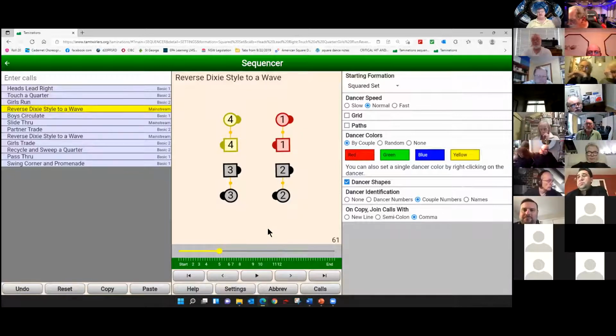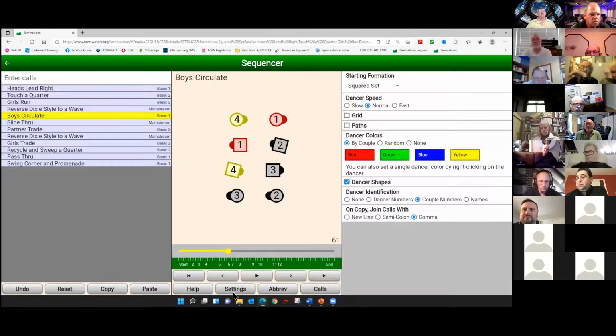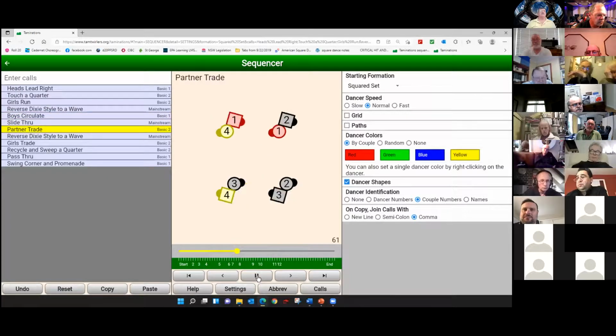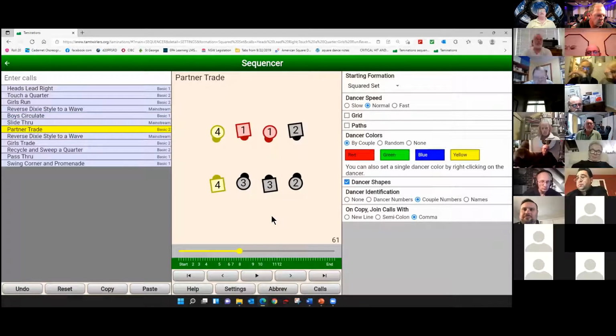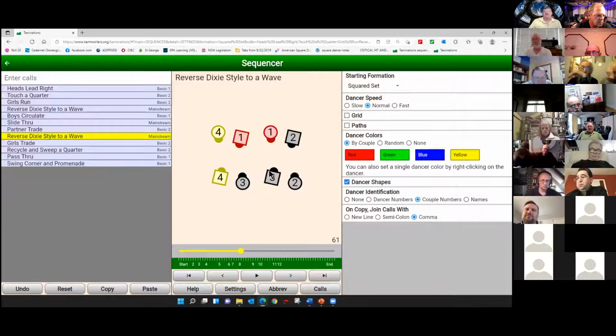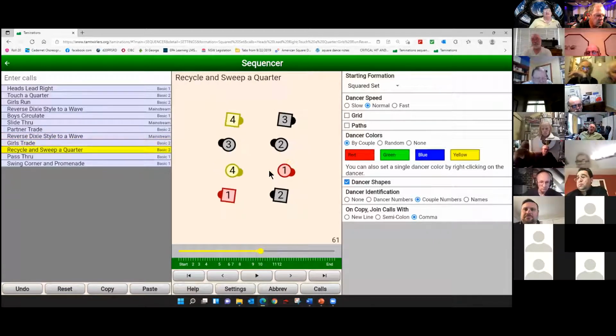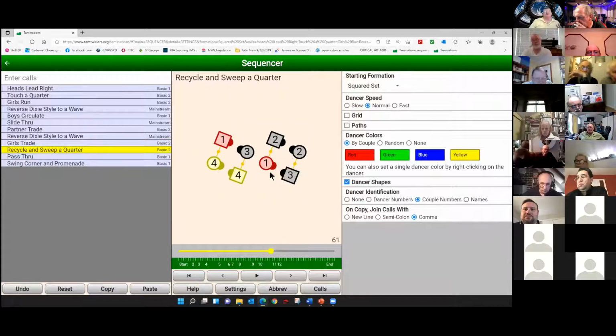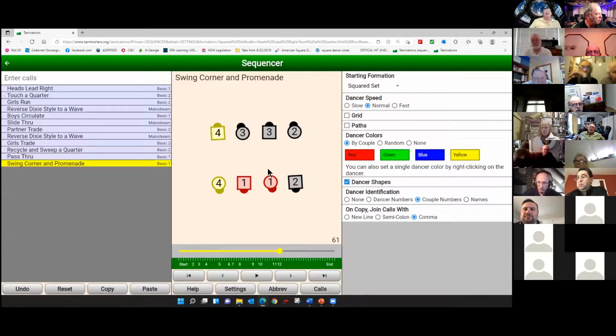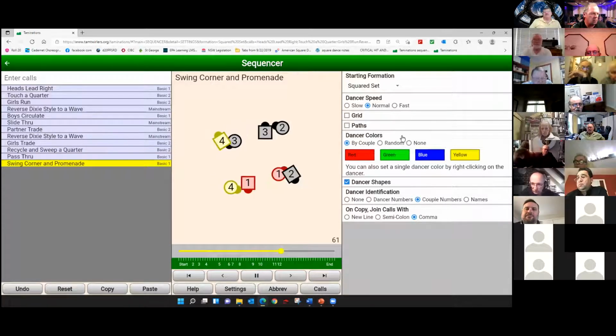And in this case, I did a centers action. It's not a centers trading action. It's a forward action, boys circulate. Okay, slide through, partner trade. And on this one, now I've got the boys on the left side. It's the same thing. The boys will go in. There's your half sachet. There's your left touch a quarter. There's your right touch a quarter. There's the Dixie style. And again, I'm finishing it with an establish the wave. There's a centers action. So centers trade, followed by a recycle, sweep a quarter, pass through, and guess who? Allemande left or swing your corner. So the whole thing would look like